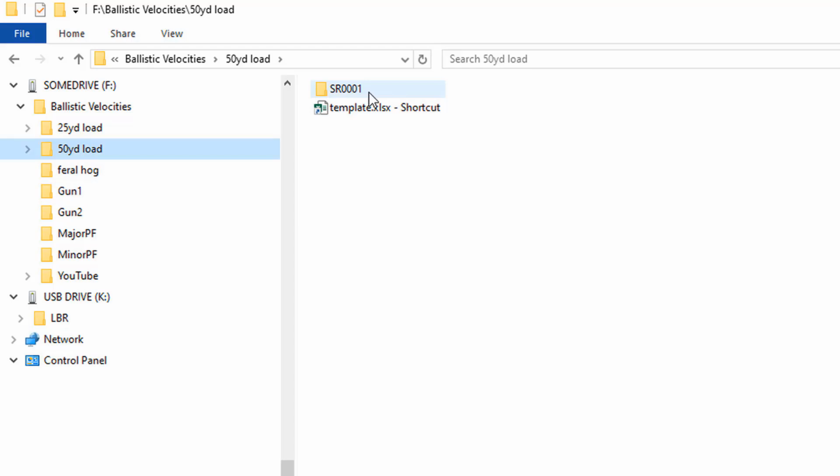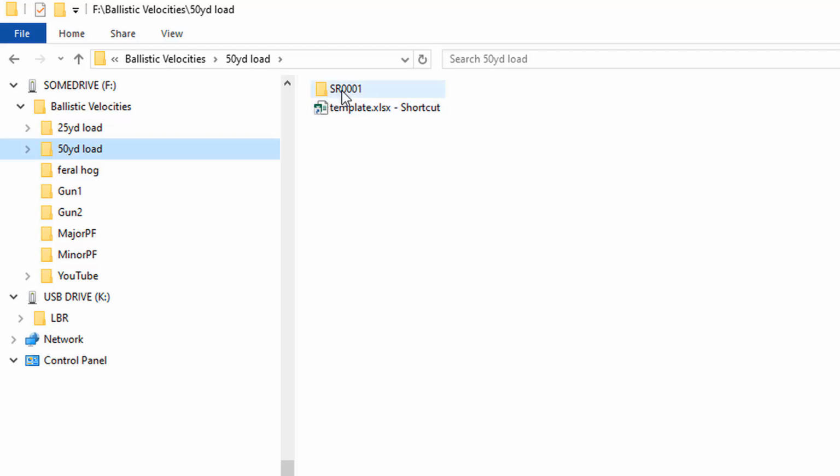Now the reason I'm going to rename it is once you copy the series over and you put the SD card back into the LabRadar unit, if you go through and delete those series, when you create the next series, it's going to start with series 1. So if you try to copy it back to the same folder, your operating system is going to tell you, do you want to replace what's on your hard drive?